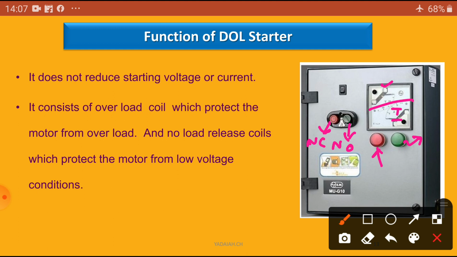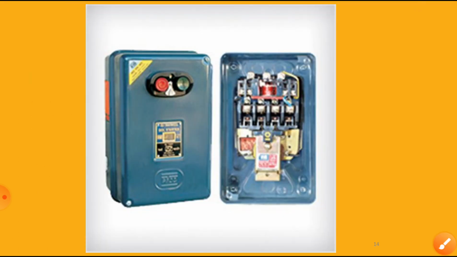Everything is inside. What we have seen is just the circuit diagram provided inside. Outside we are going to see only this one. If you want to open this one and see where the current setting is, where the no load release coil is, where the overload release coil is, where this mechanism is, the knobs from starting to ending, the switches, let us open it and see.